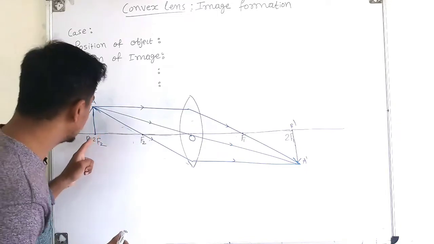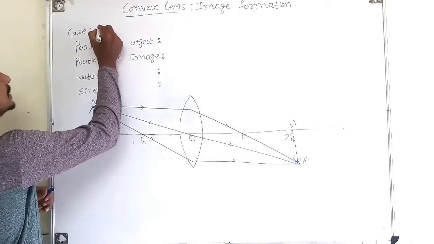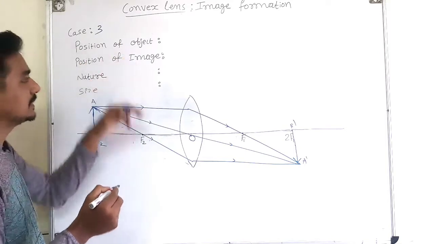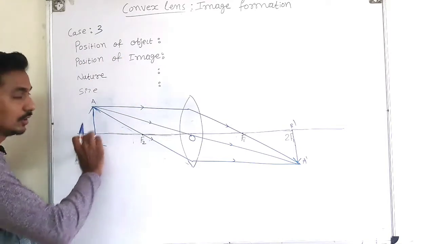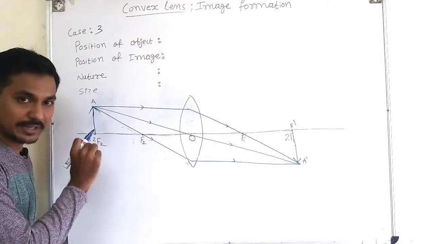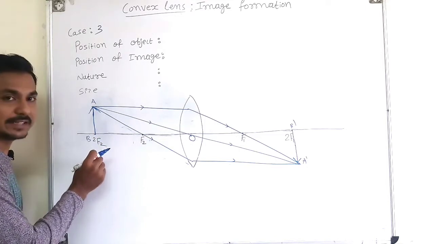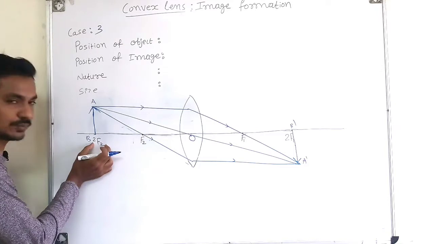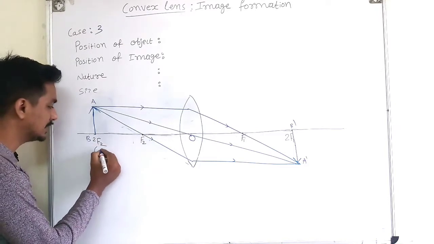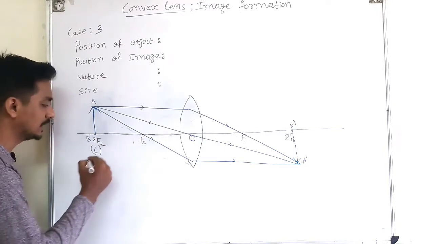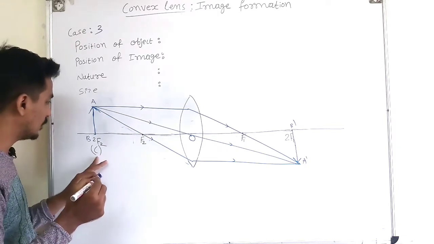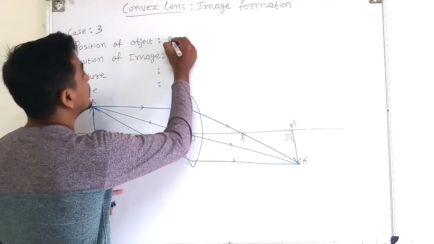In this lecture we are going to discuss case number 3, where we are placing the object on the center of curvature, or we can say at the center of curvature, or simply we can say at 2f2. This position is also known as the center of curvature for the lens, right? So here the object is at